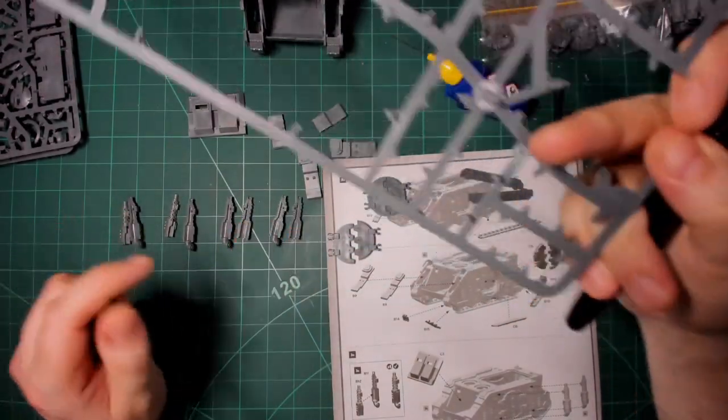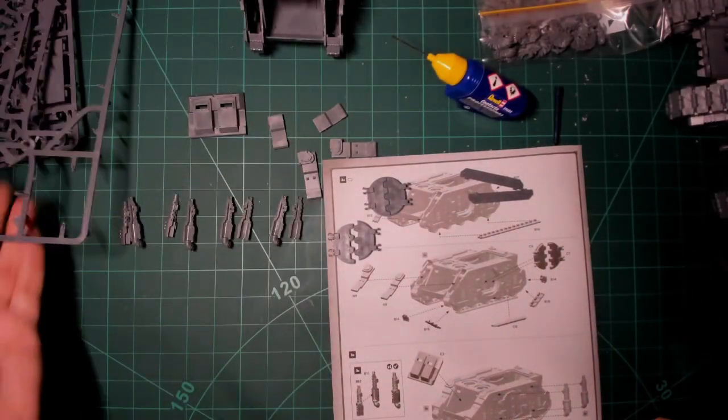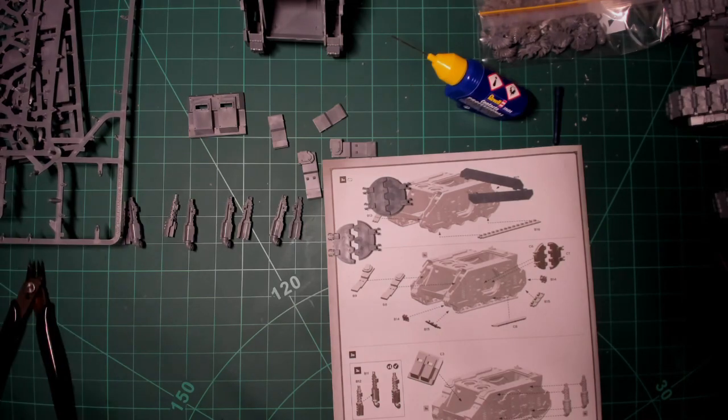Alright, now that's quite a few parts to clean up. I'll clean them up and